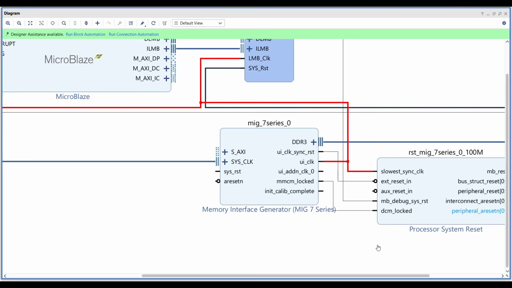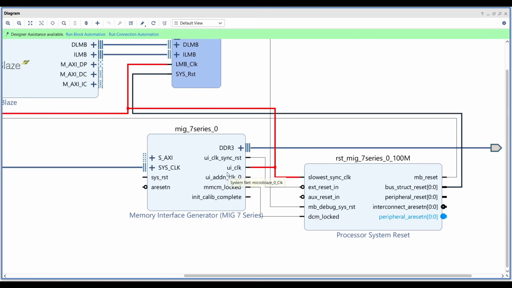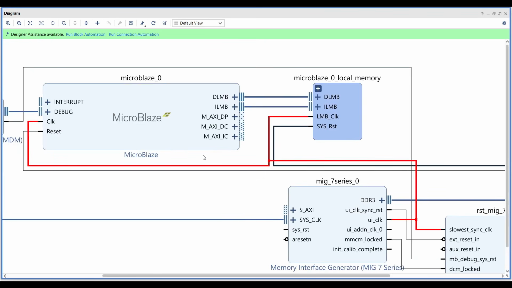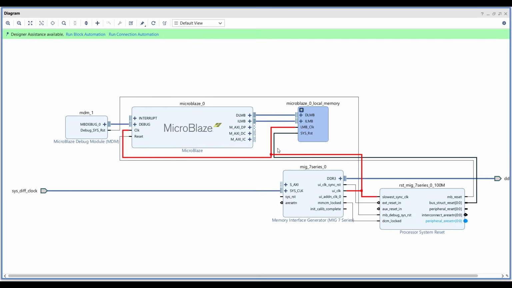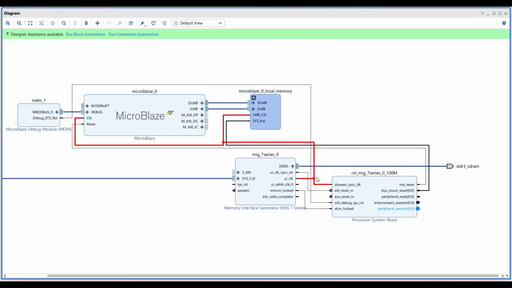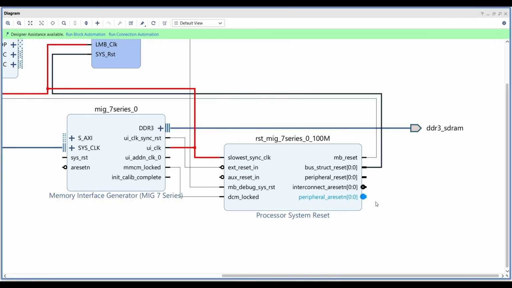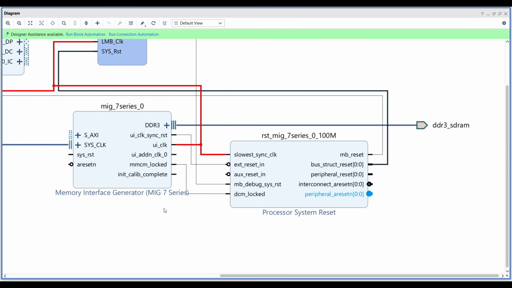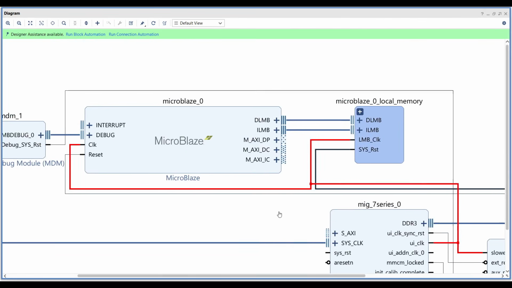Another important point in this design is that we will use the UI clock from the MIG as the clock for all the peripherals and for all the IPs that we have in this Vivado design. I also highlight it so we know that this clock is the main clock for our design. We also have one reset that is provided by this processor system reset and is synchronized to the UI clock, and we will also use it for the synchronized reset for all the IPs that we will add in our